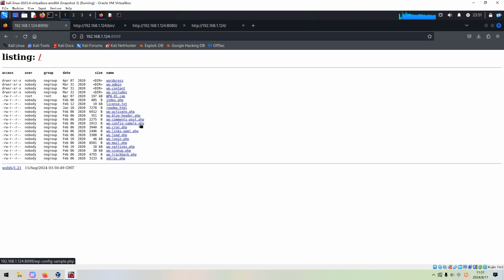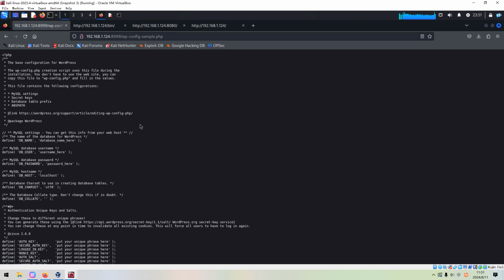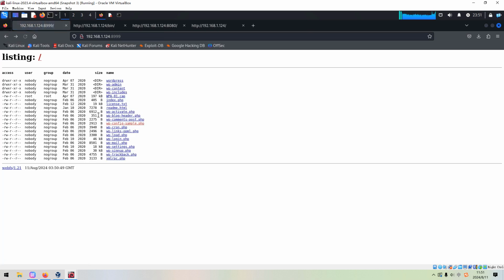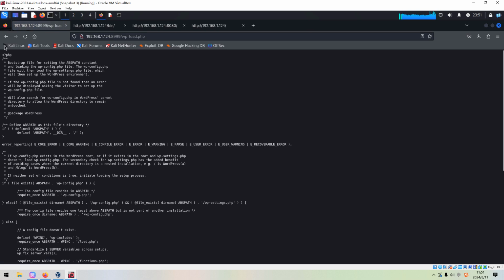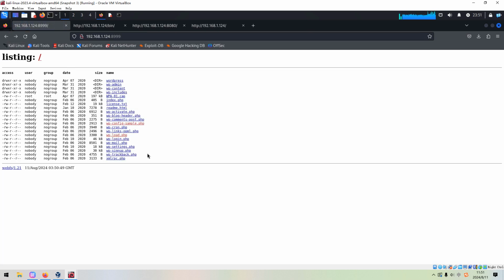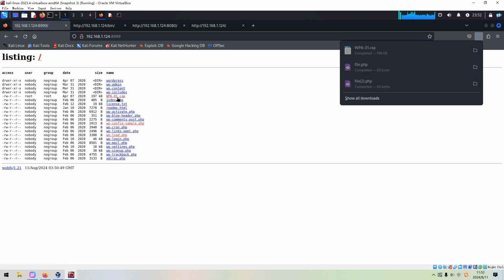And if you click, you can get the source code. Interesting. But I don't think such a file can give us valuable information. However, can you notice here, this one, WPA, this is the cap file we can download.